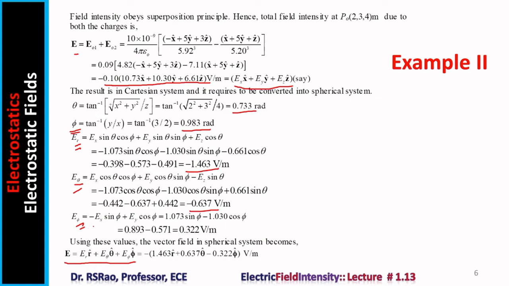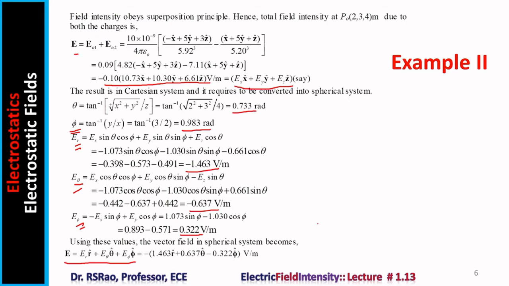E phi is similarly computed as 0.322 volts per meter. Now, after using all these things, one can find out E equal to minus 1.463 r cap plus 0.637 theta cap minus 0.322 phi cap. This is the field intensity due to the point charges at the field point